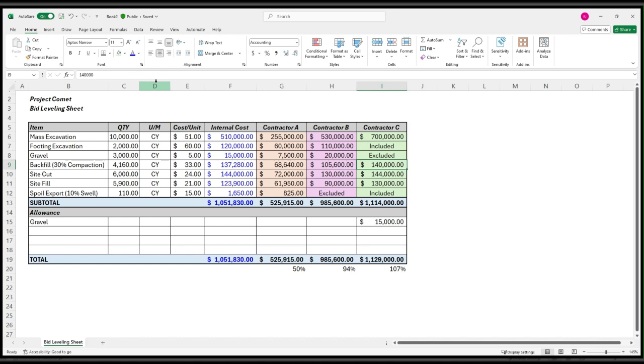As we look at our number, we see $137,000. Contractor C has $140,000. That's pretty close. Contractor B only has $105,000. Let's see. Oops, I kept my formula there. I apologize. But what we've noticed here is that contractor B more than likely has not accounted for a 30%